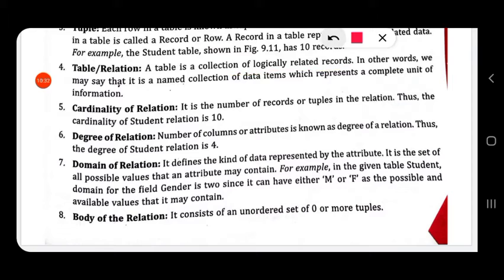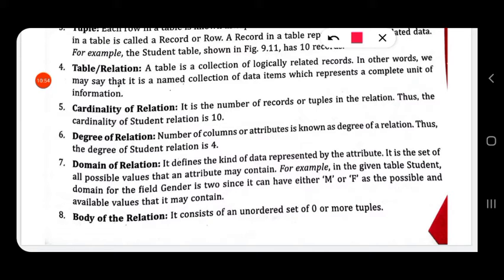In other words, it is a named collection of data items which represents a complete unit of information. The data items are the columns.